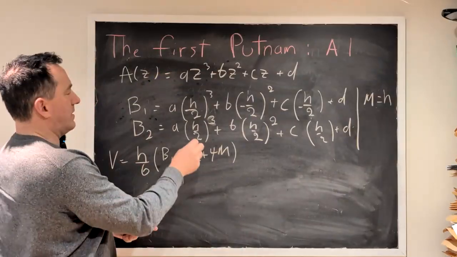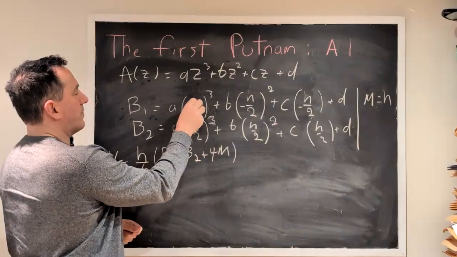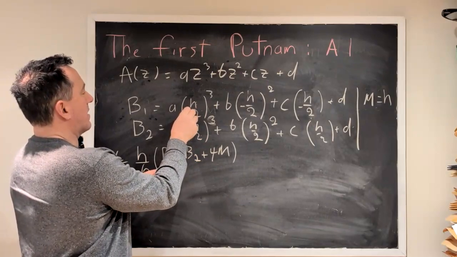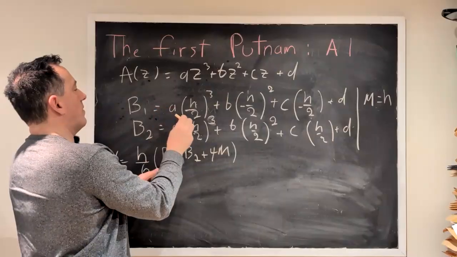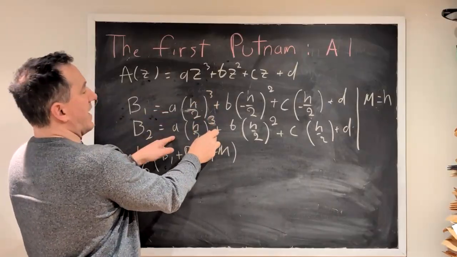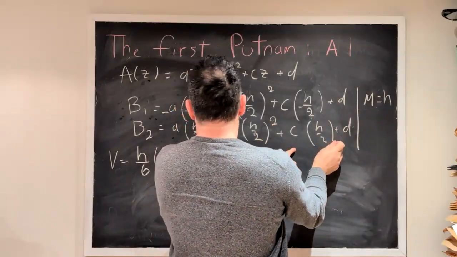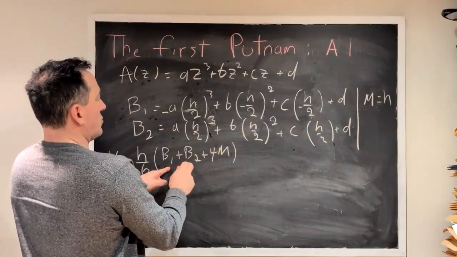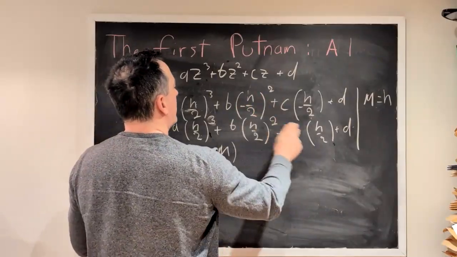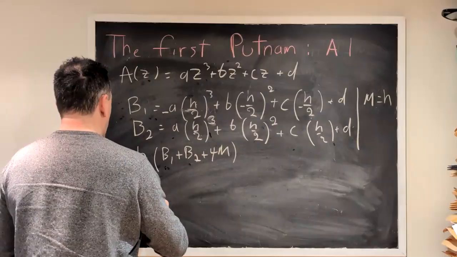We notice here that the terms with odd powers have the same argument, but with different signs. So when we add them, the minus sign to the third power will come in front, so we can take the sign here and put it here. And when we add these things, they will cancel out. And the same thing happens with these terms here. When we calculate B1 plus B2, we will get twice this term. And because here the minus sign will disappear before the square, and we have the d's which will add to each other. So this is simply equal to h over 6